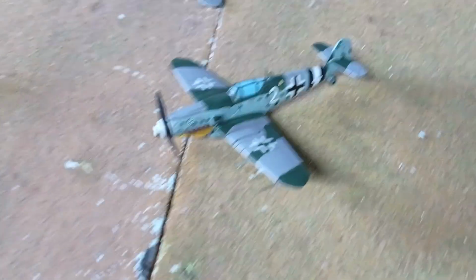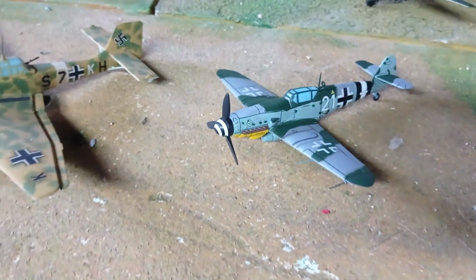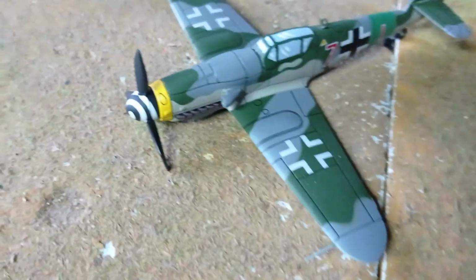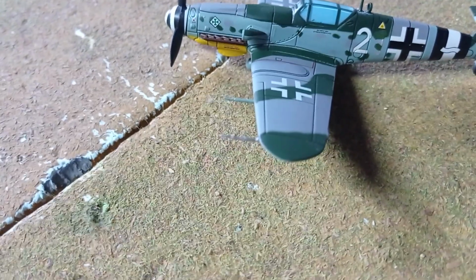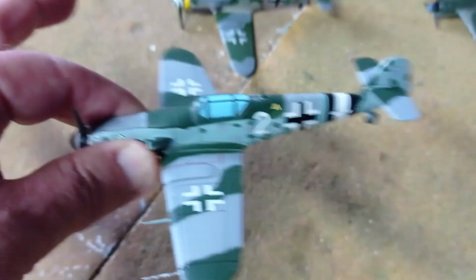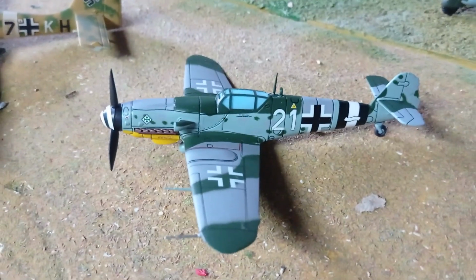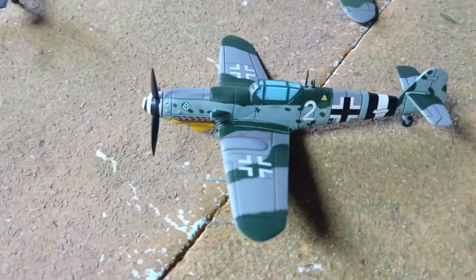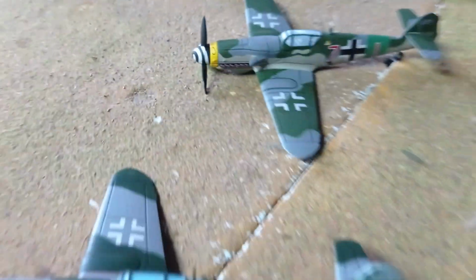Then you have several Messerschmitt 109s with bigger rotors in front of the engine, making them probably the G version, if I'm not mistaken. Some of them are exactly the same. For instance, this one here. No, in fact, they're all different. They're all slightly different. Or maybe this one is the same as this one, and maybe I discarded that number 1 for him to look different from this number 2. But if I'm mistaken, they are the same model. Yeah, I think they are. This one is slightly different. Maybe this is a Luppa